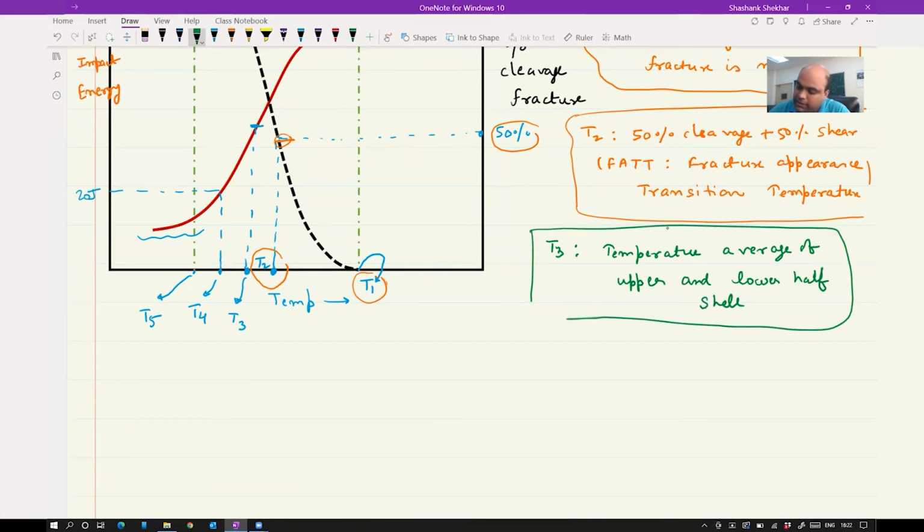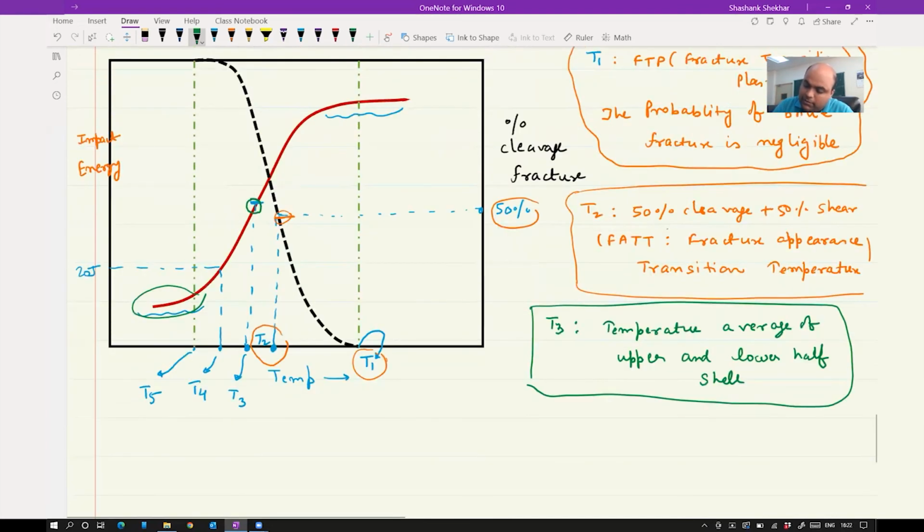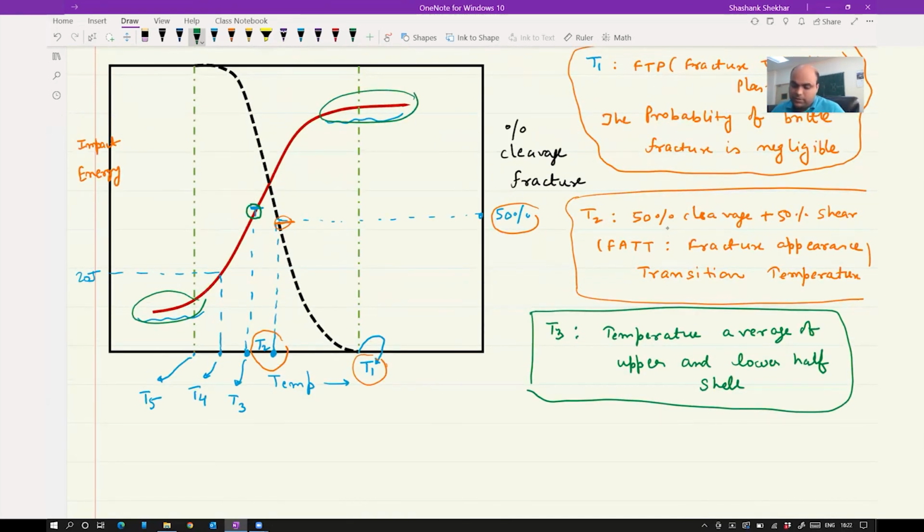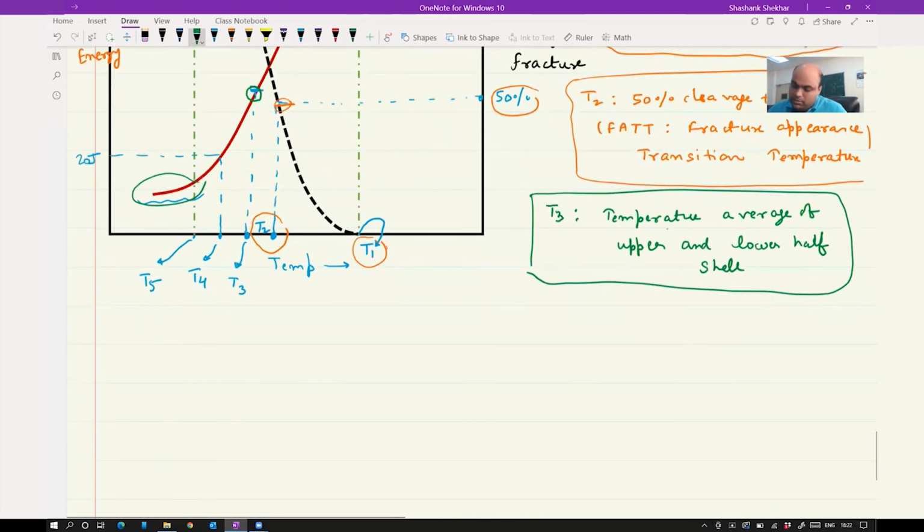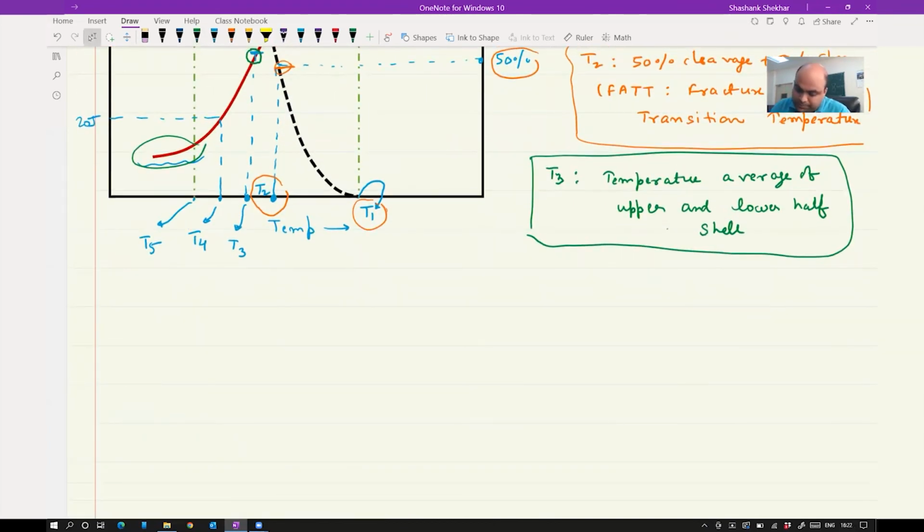So this is your T3, okay, and in the plot this corresponds to this. Okay, and I mentioned, right, this is your lower half cell and this is your upper half cell here. Okay, now next is T4,